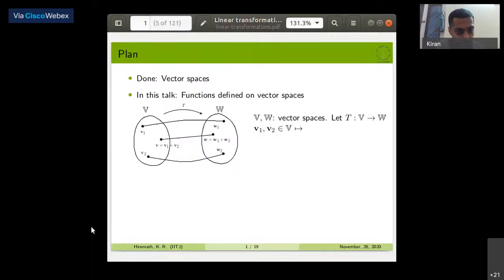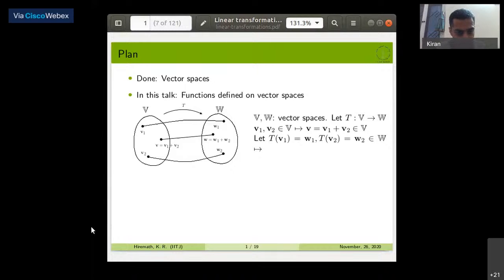So what is the situation here? We take elements v1 and v2 of vector space V. If v1 and v2 belong to V, their linear combination v1 plus v2 also belongs to V. Yeah, this is the basic property of vector space. Now let us say w1 is the image of v1 under the action of T, and w2 is the image of v2 under the action T, and this mapping is well defined. Then